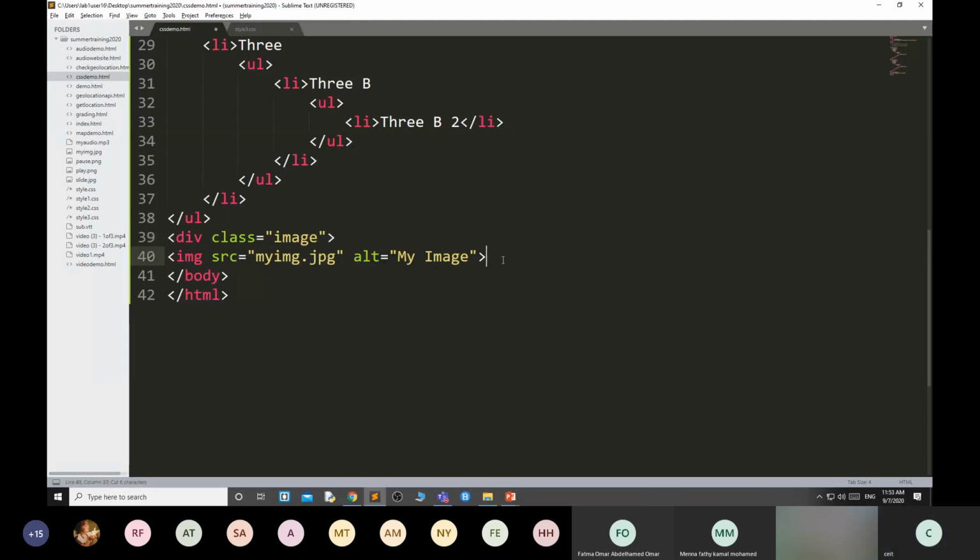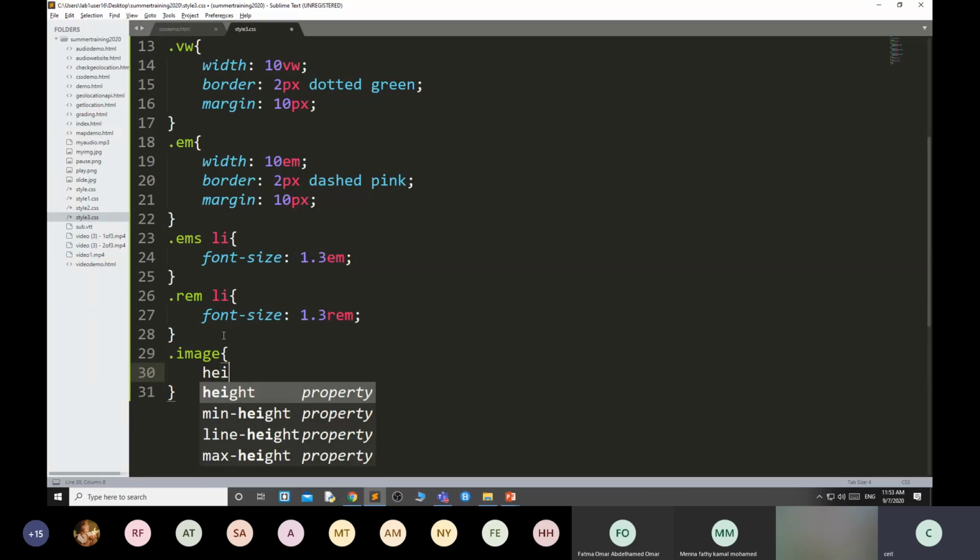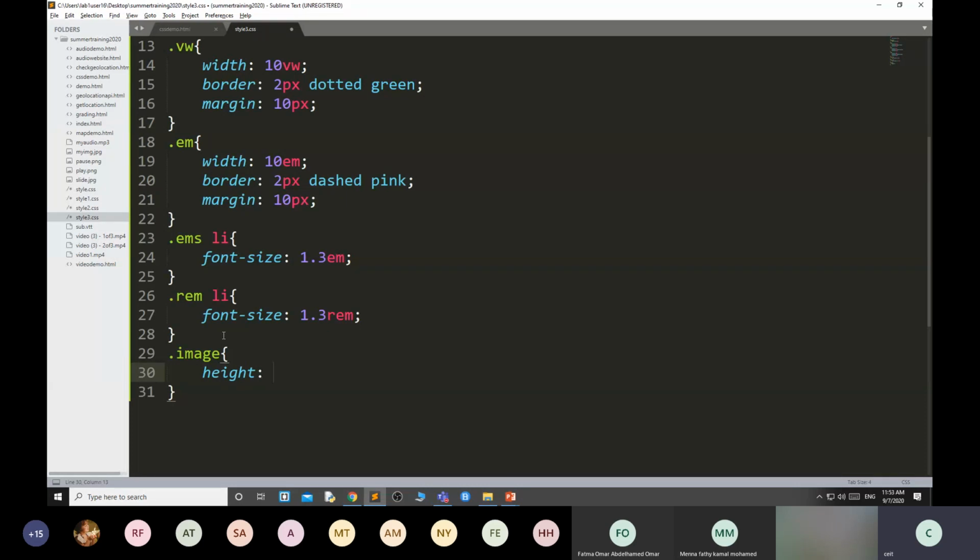Inside the div, then go to the style. This is the class, dot image. Here, height, I told you that for height don't use percentage. You can use percentage, suppose height I am using 30%, and width 40%.